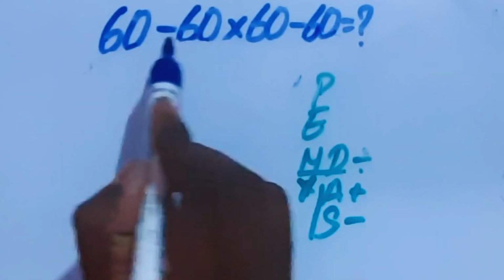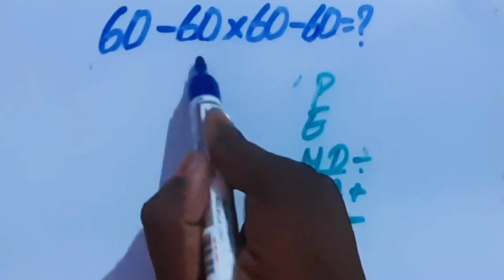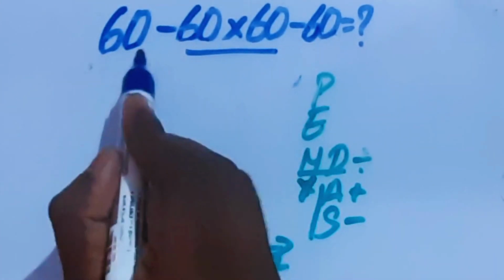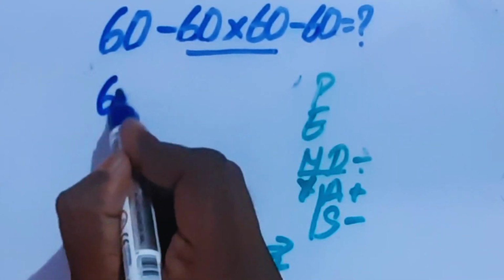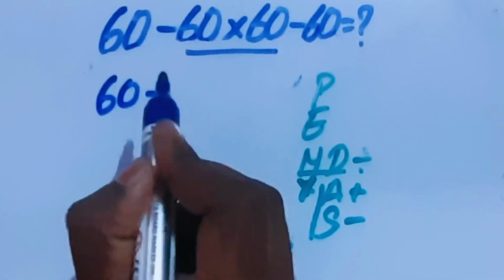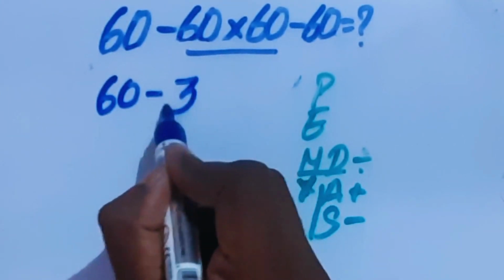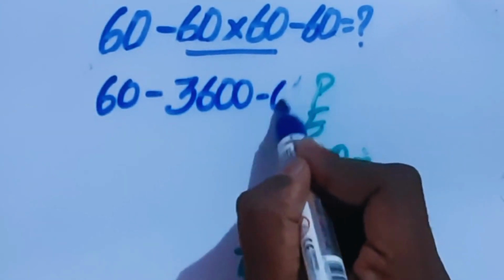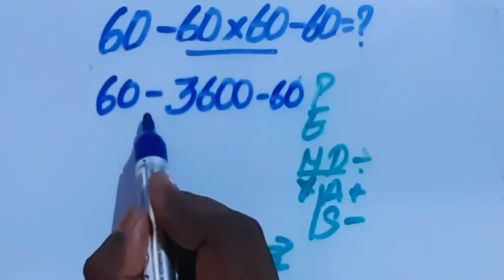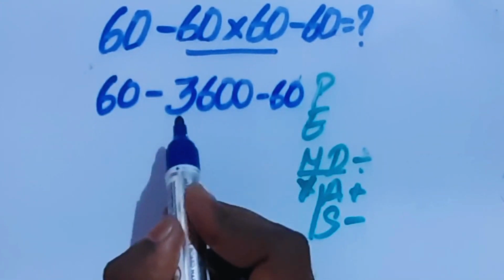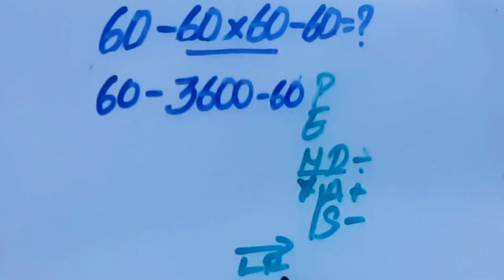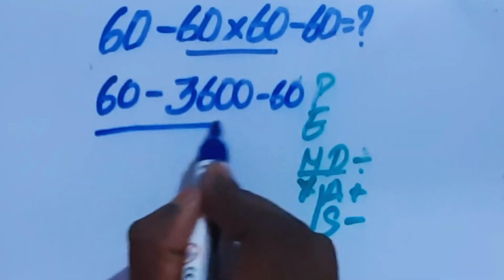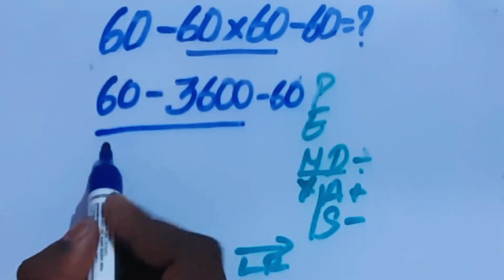Now we have subtraction, multiplication and subtraction. Multiplication is higher priority than these subtractions. So 60 minus 3600 minus 60. Now we have two subtractions. Which is first? As per this left to right rule, we have to do this first. So we'll get